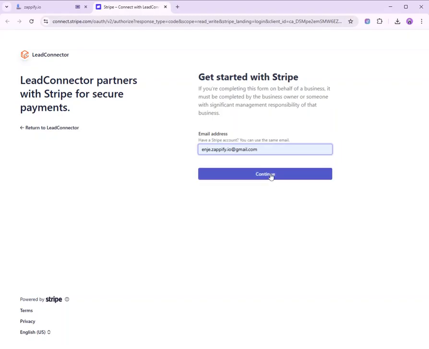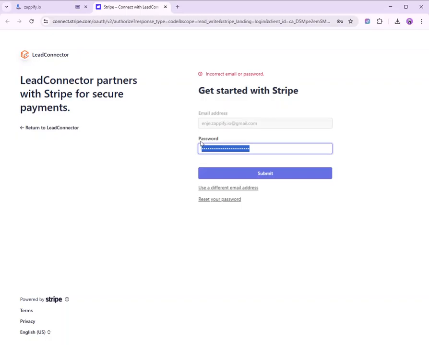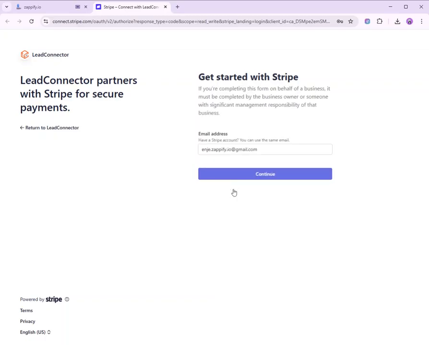So here you have to put your email address, also your password. So you can use different email.